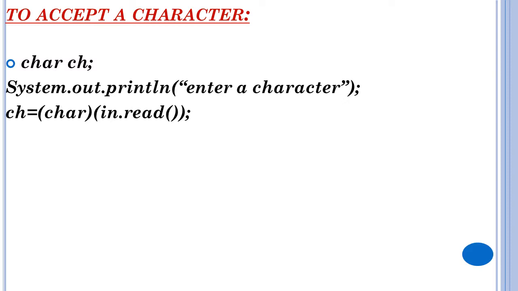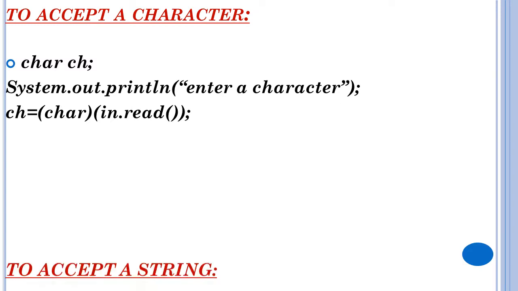Okay, same we will use. If you are using a character for any program, the lines are the same. You can change only the variable name. Instead of ch you can use character, the full word, or you can use just ch. If you have changed it, in the third line also you need to change ch. This is about accepting a character. You will get to know while writing a program. I'll explain the programs, you will get to know later.